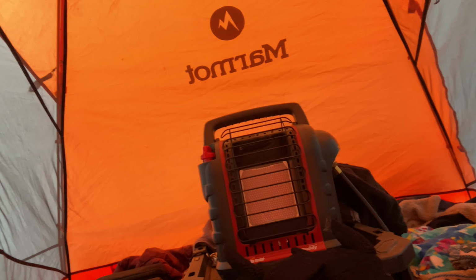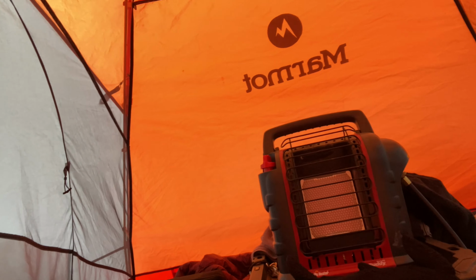The heater here is nice, keeps us warm. But make some coffee, and then I think we have a few hikes we want to do today. Mirror Lake, and check out also Mist Trail if we can even go to it, and then just drive around and just see Yosemite in the wintertime. It's our first time here, so